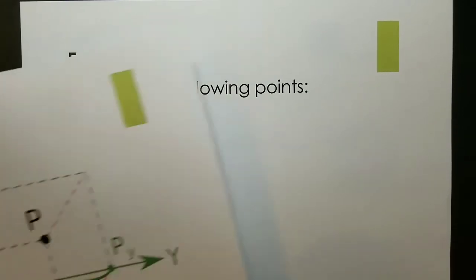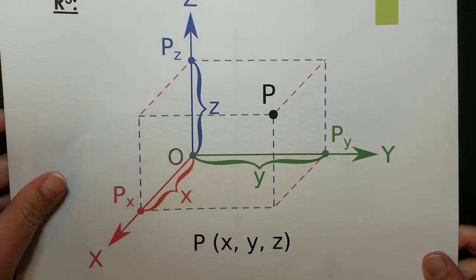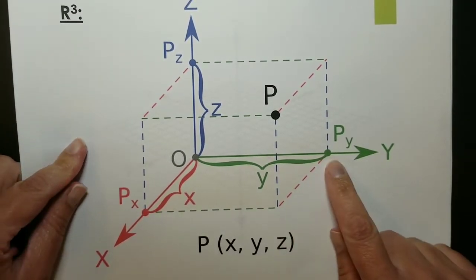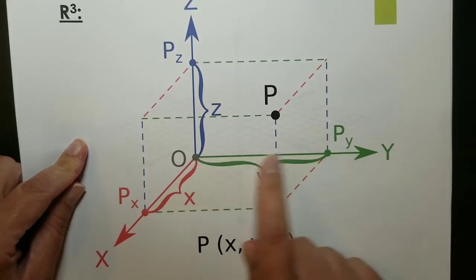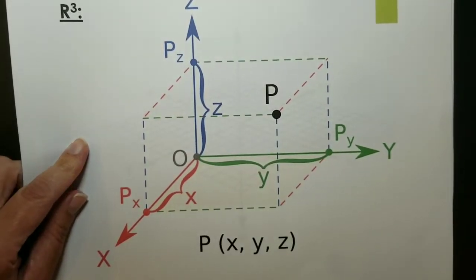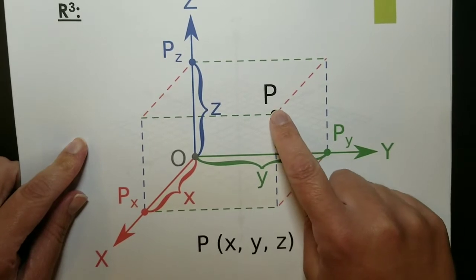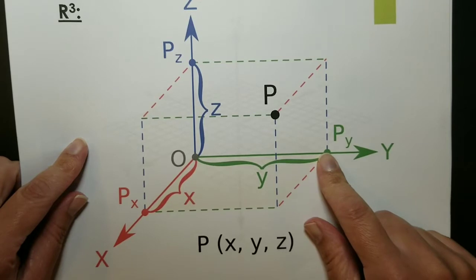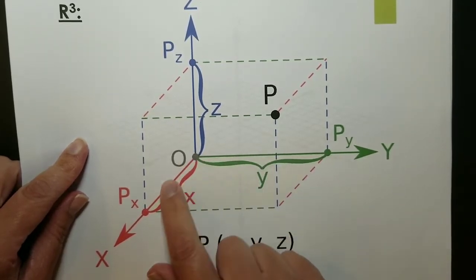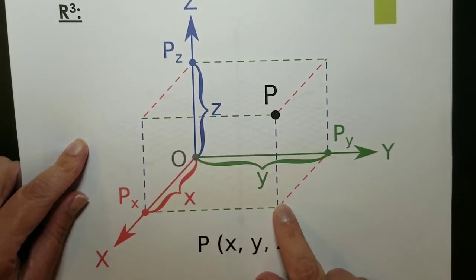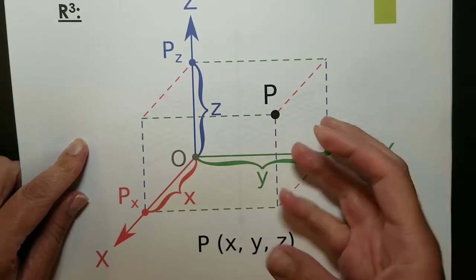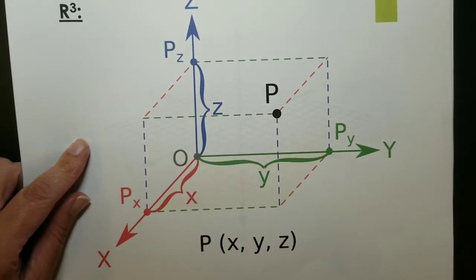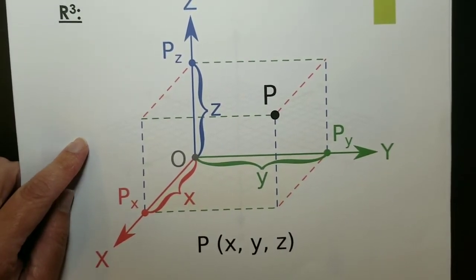What we're going to want to do is basically like this old slide from the previous video. We're going to want to be able to draw the X, Y, and Z axes and then plot a point in 3 dimensions by basically drawing this rectangular prism that shows how far in the X direction it goes, how far in the Y direction, and how far in the Z direction. And by drawing that rectangular prism with those dotted lines, we're going to be able to